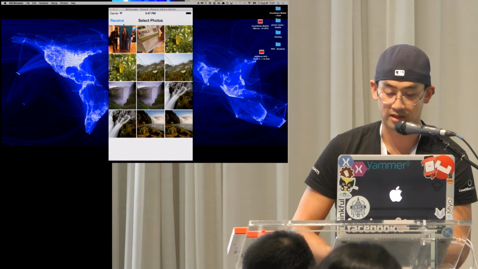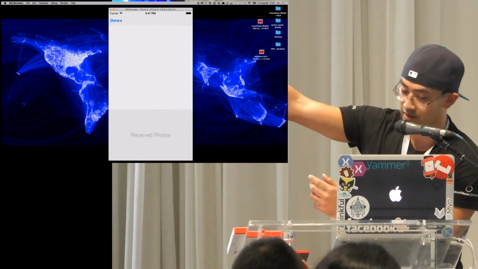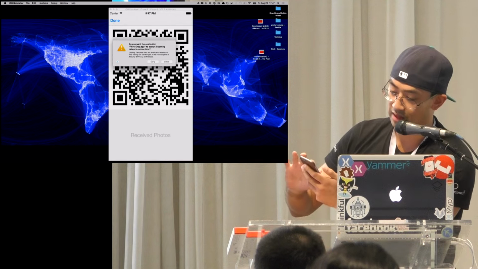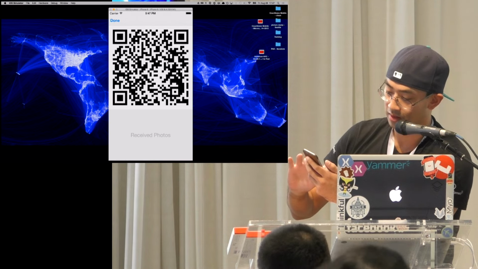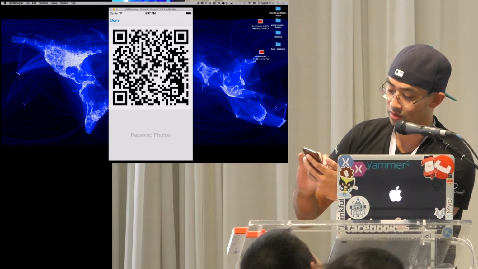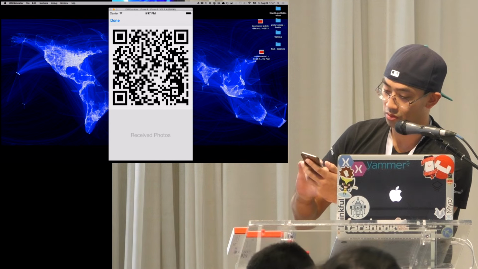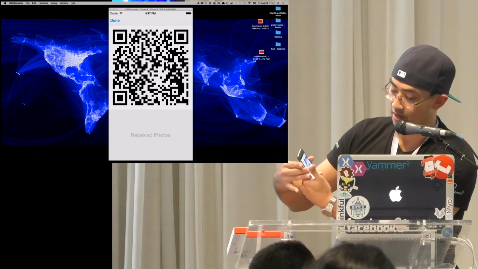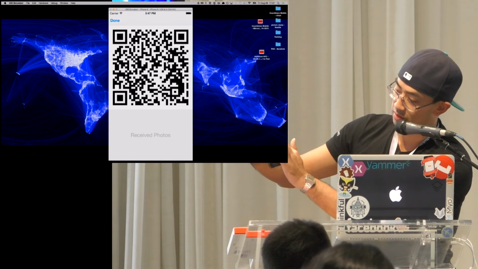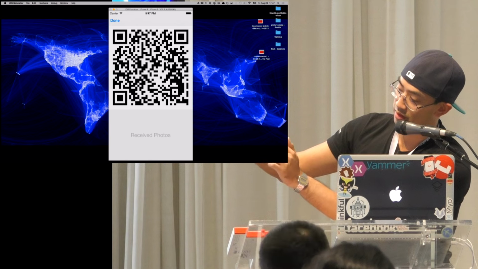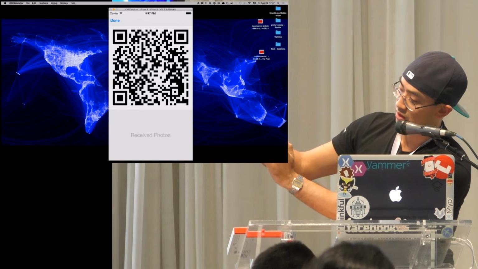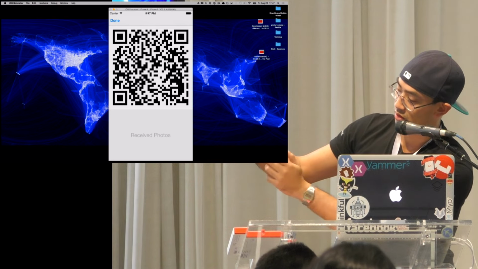So I'm gonna receive. You can kind of see it. This is on iOS. And I can select some pictures from today. This is a nice one. So for those who weren't in our booth, this is what our booth looked like. So I have pictures in the photo drop. If I click receive, it looks like the same screen here. If I click one of these pictures, I get to send them. So I'm gonna click what our booth looked like today.